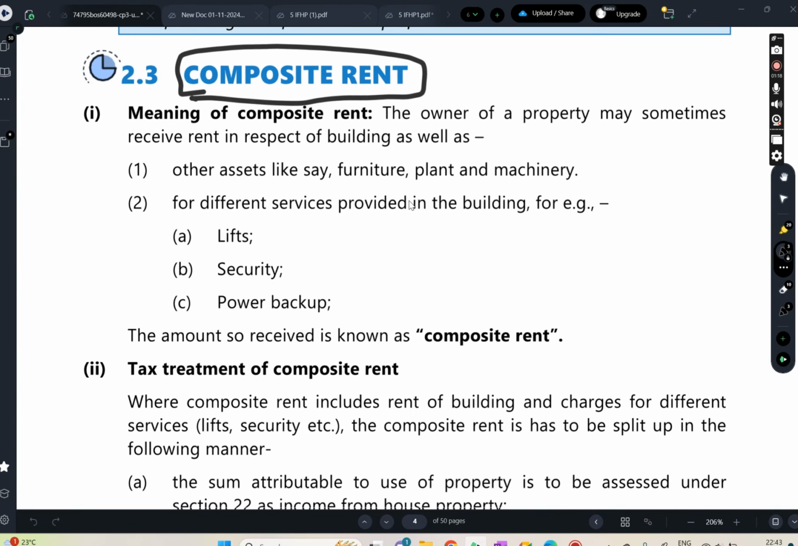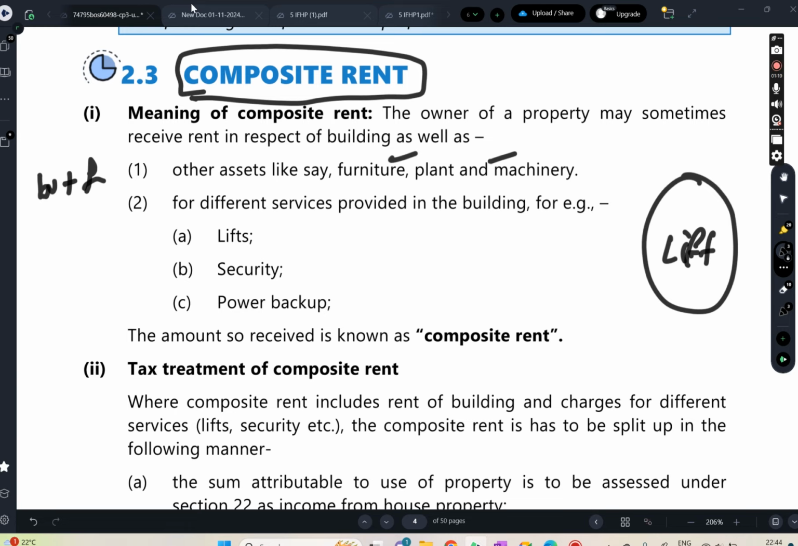Composite rent means, normally when you give a house, obviously lift we will give, and sometimes we'll give furniture also, or plant and machinery also, combinedly. That means we are giving building and furniture along with that, and we are receiving rent for the overall. Do we need to tax it or not? For building rent anyway it will come under IFHP. What about the furniture rent and all these things? Then we need to check,